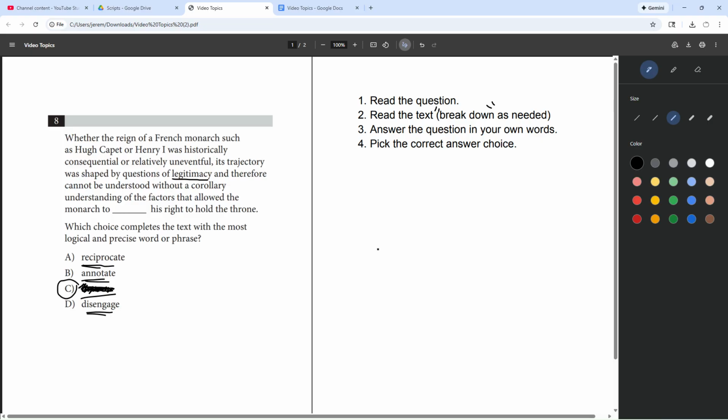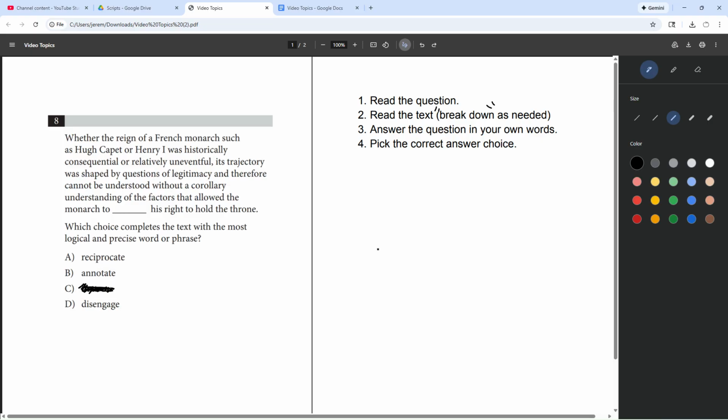Now, if that's all you wanted to see, then that is how we do that. Definitely stick around, though, because what I'm now about to explain is how do we do it if we don't know more than one answer choice. And the answer to that is we want to